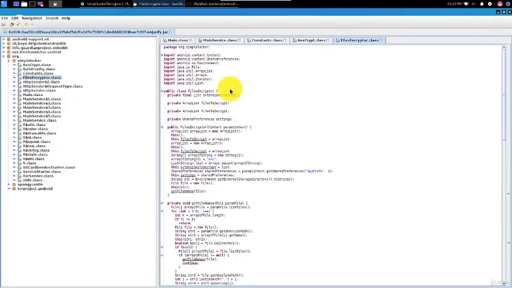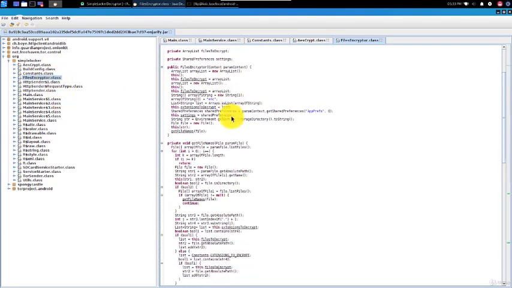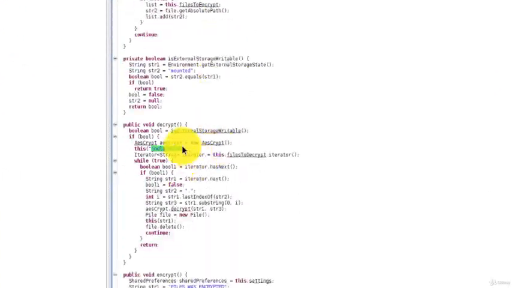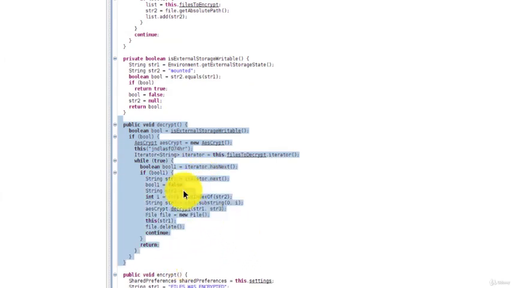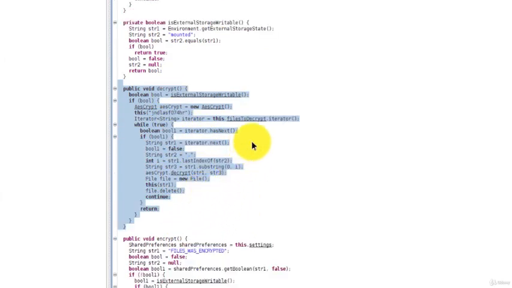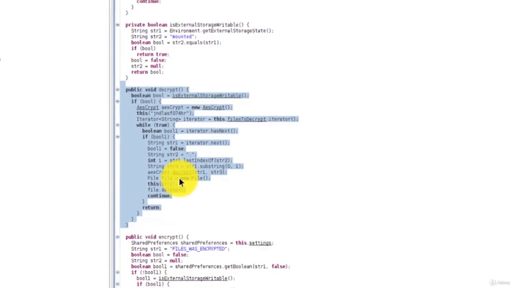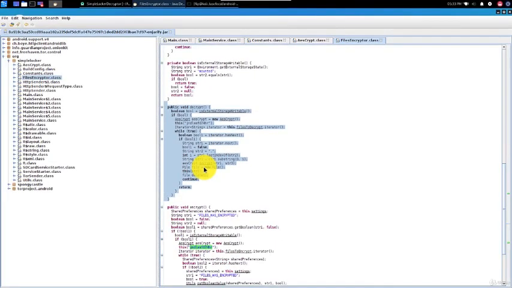Okay, now if we go back to Simple Locker static analysis, we see FileEncryptor is where AES-Crypt was actually being used. So here he has a way of parsing through all the required files. In our test, we're just going to test it on one specific file, the demo picture. But in reality, all you'd have to do is write a method that parses through the entire SD card and finds all the files with .enc in the file name. But we don't really need to go through all of this.